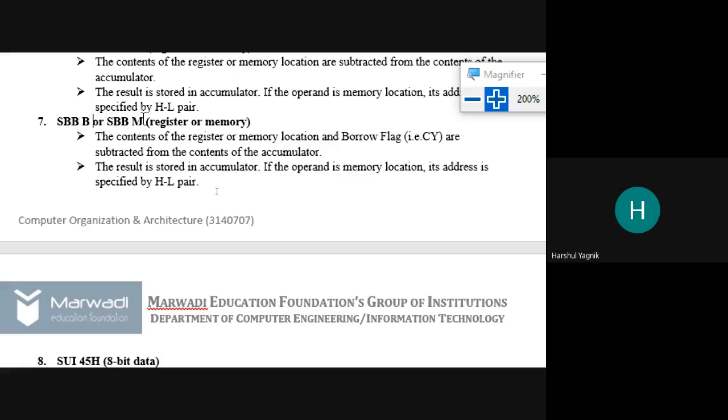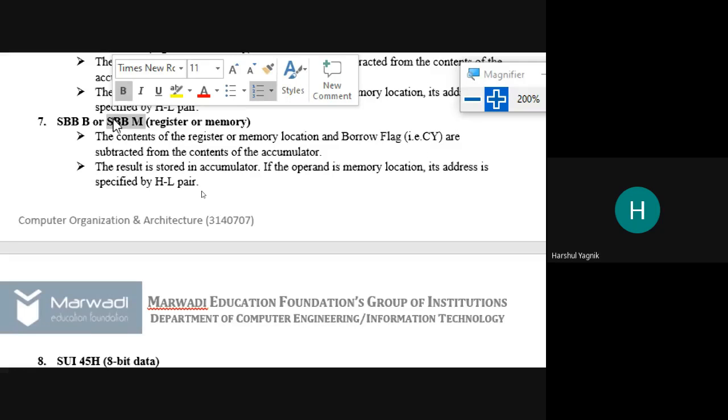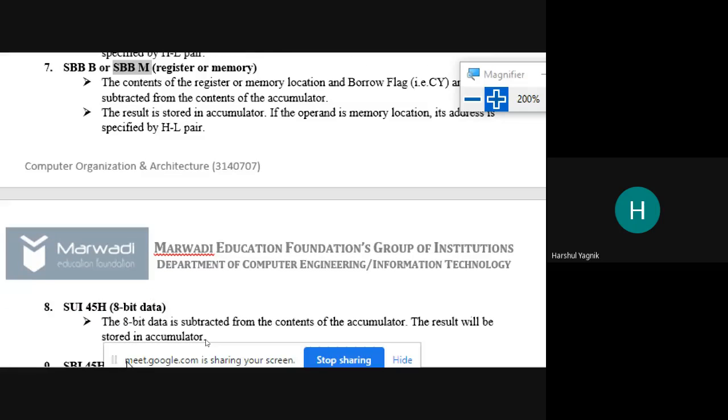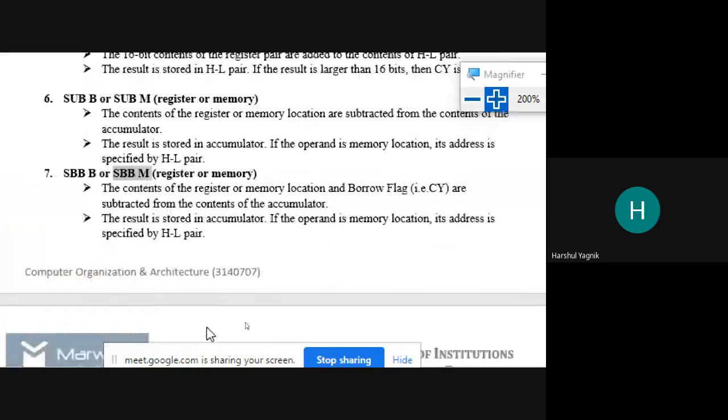Remember, whenever SBB B or SBB C or SBB D or E or H or L is used, that is direct addressing. But when SBB M is used, that is indirect addressing. Okay, so that is subtraction with borrow.